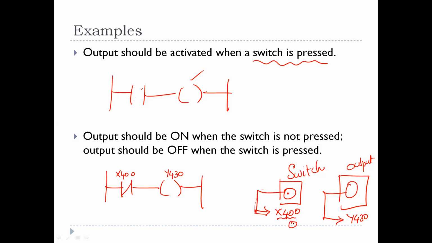Now what happens when I press this switch is it will change the value in this address. Initially the value stored in this address will be 0. When this switch is pressed, the value will be changed to 1. Since I have used a normally closed contact here, for 0, the contact will still be closed. But if the input value changes, the state of the contact will also change. The normally closed contact will become a normally open one, and hence when I press the switch, this will become open and I will not get any output. This is the difference between using a normally open contact and a normally closed contact.